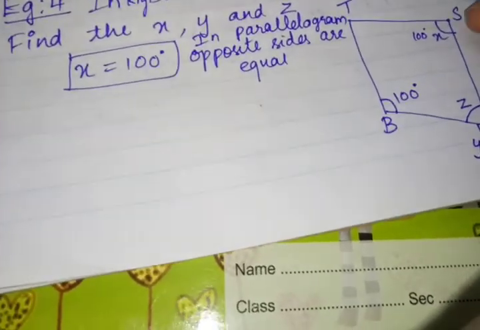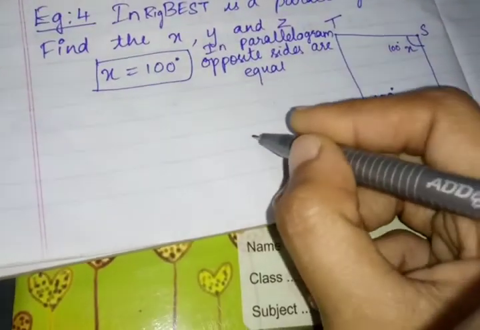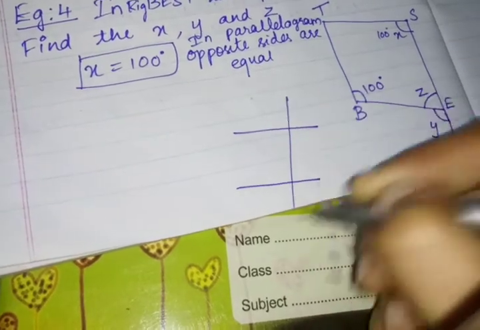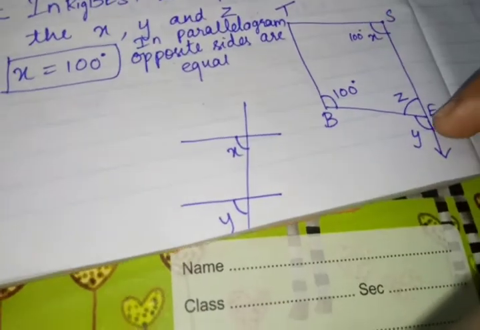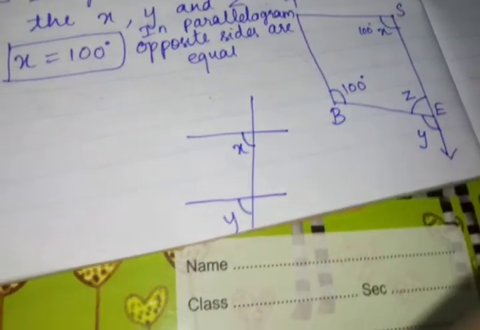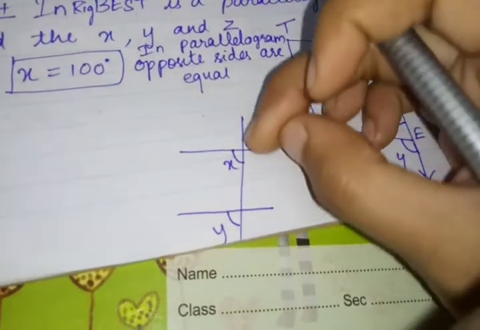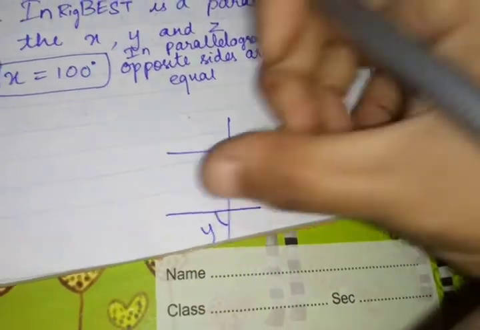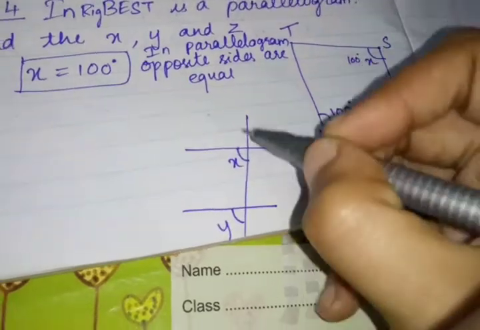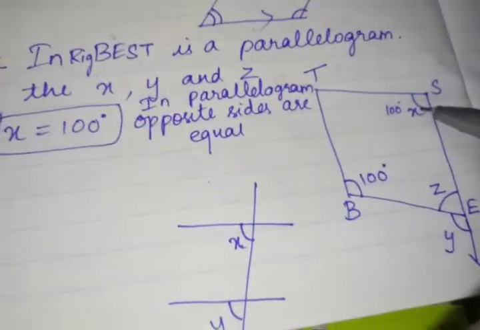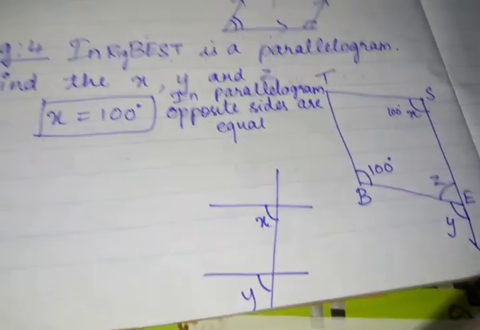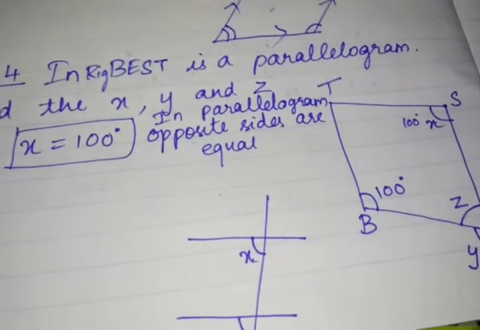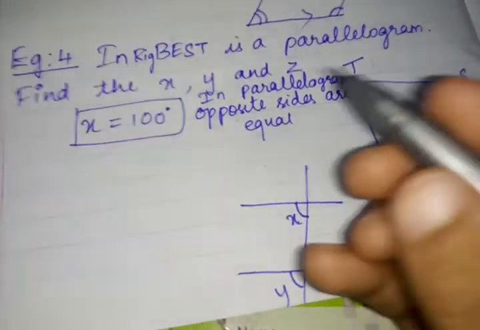Okay, now this x and y are corresponding angles. Can you able to see? I'll draw it and show you. If this x and this y looks like this. Yes, x and y. So x is here, after that one straight line, after that only y is there. So x and y are corresponding angles. So here corresponding angles are equal. Do you remember that definition? Corresponding angles are equal. Last year we have studied.